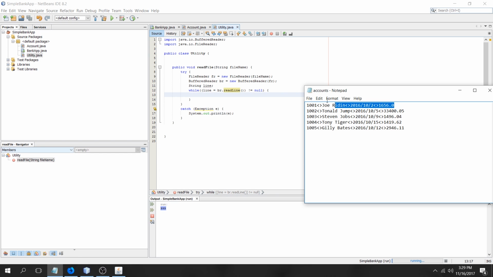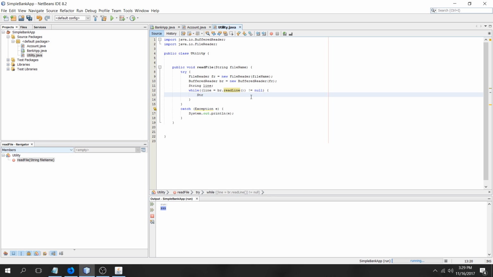So each iteration is going to be 1, 2, 3, 4. So we're going to split the line using this as a delimiter. So this is going to be the first element, second element, third element, and fourth element of a string array. So we're going to create a string array that contains those 4 elements called